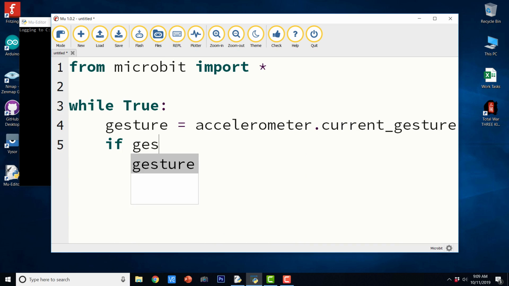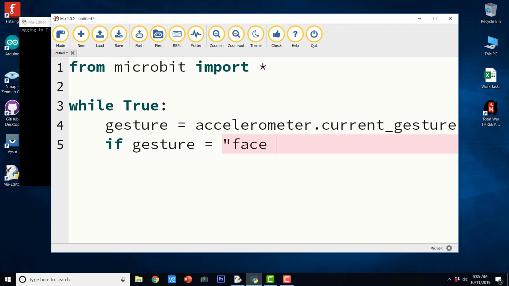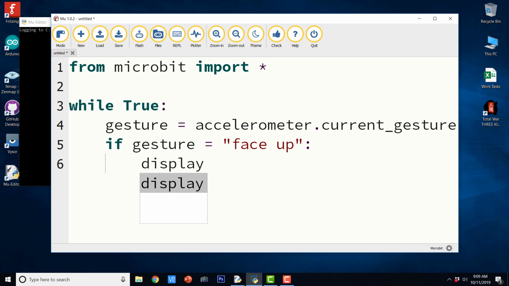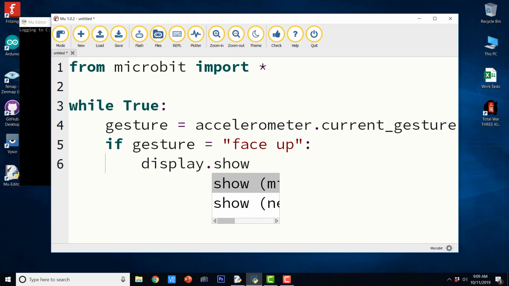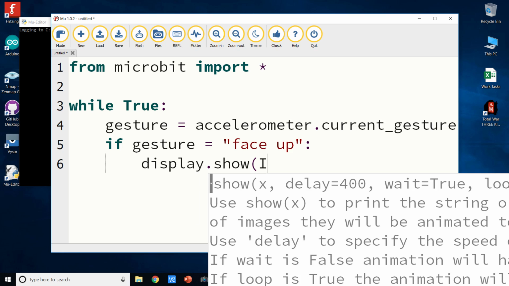If gesture equals face up, then display.show Image.HAPPY.